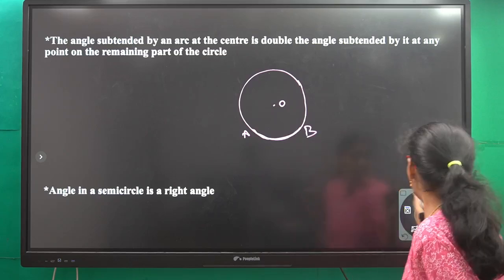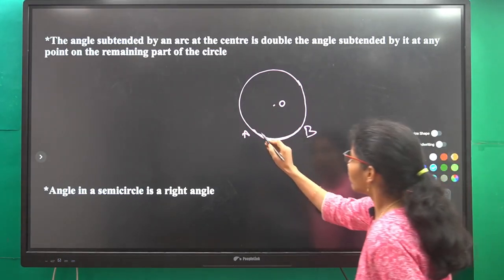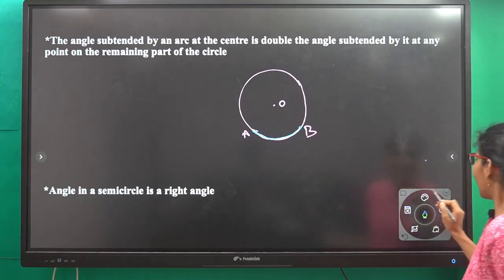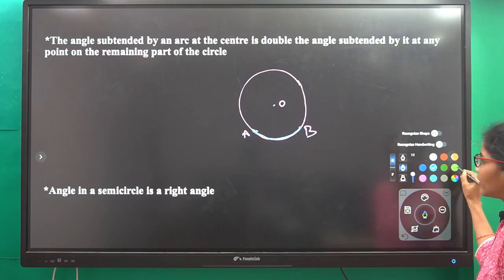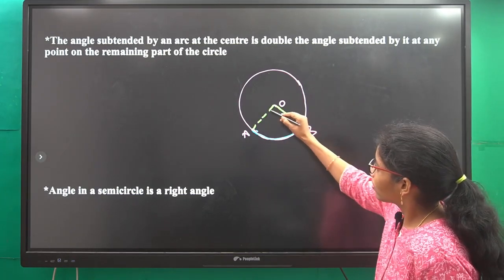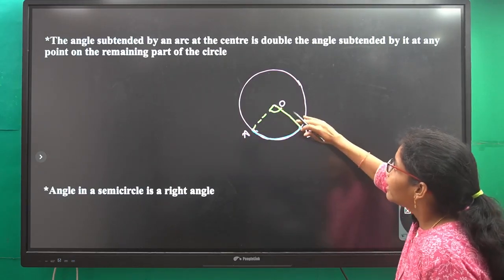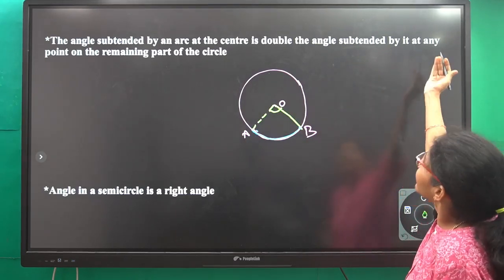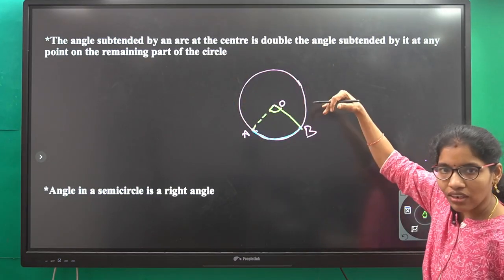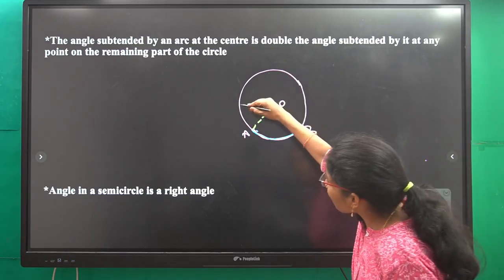So the angle subtended by this arc AB at the center means this angle only, right? The angle subtended by an arc at the center is double the angle subtended by it at any point on the remaining part of the circle. This is the arc. What is the remaining part? This one only, right? So you can take any point on the remaining part,